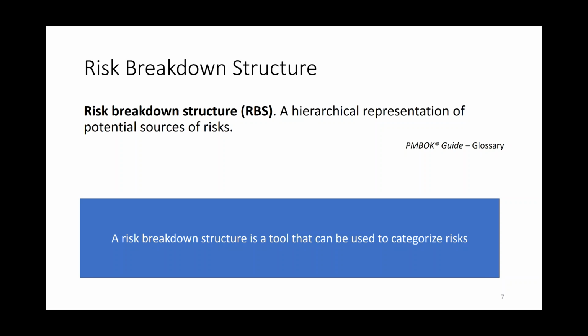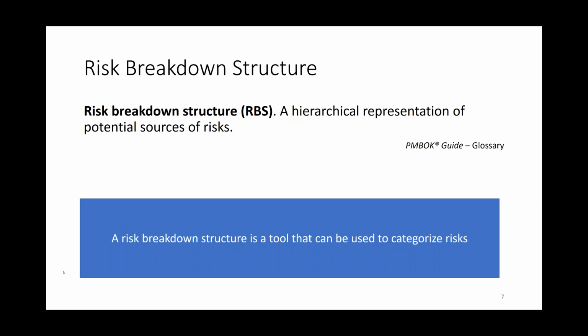But again, for a small project, don't worry about it. But for a large project, you want to be able to say, what are the potential categories? Because that helps you to identify the individual risks. For instance, if we look at the Greenleaf Farm, you've probably got 50 to 100 risks. You say, oh my gosh, where do I start?